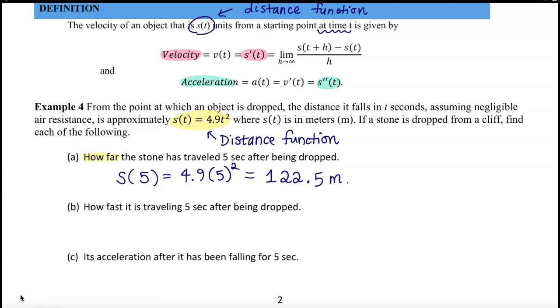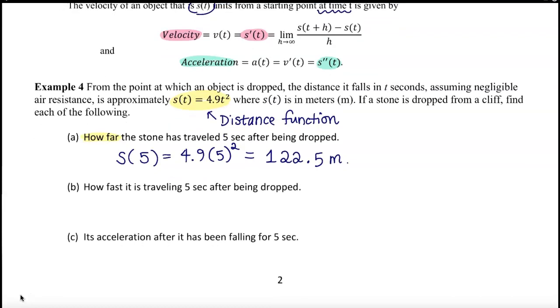Now what's next? B is asking how fast it is traveling. It's asking for the speed, it's asking for the velocity. So in that case, we're going to have to find the first derivative. How fast is it traveling? They're asking for the velocity. So in order to find the velocity at t, I'm going to find the first derivative